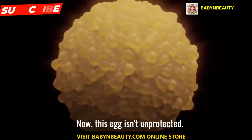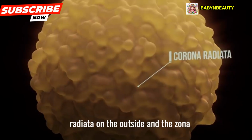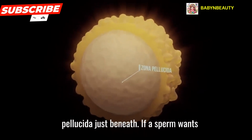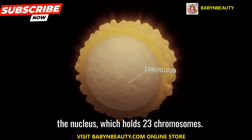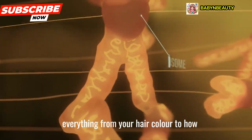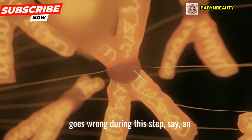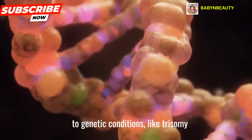Now, this egg isn't unprotected. It has 2 key outer layers, the corona radiata on the outside and the zona pellucida just beneath. If a sperm wants to enter, it must break through both of these barriers to reach the egg's core, the nucleus, which holds 23 chromosomes. These chromosomes are made of DNA, the instruction manual of life. It decides everything from your hair color to how your heart is shaped. But if something goes wrong during this step, say, an extra chromosome is included, it can lead to genetic conditions,